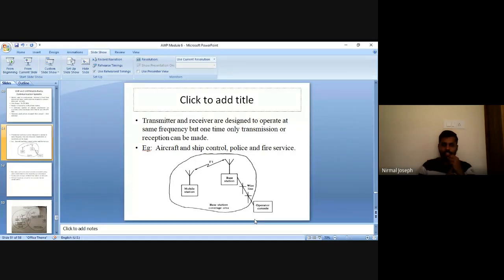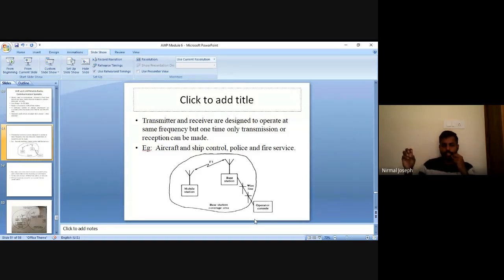So here you can see the diagrammatic representation of that. One base station will be there, and from the base station, using a particular frequency F1, mobile stations are controlled. Okay, one operator console will be there. That can be controlled from anywhere. From operator console to base station, wired lines are used. Okay, that means in the defense sector people are using leased telephone lines. They can use the telephone lines and transmit whatever information they want to pass. And from the base station only, this mobile communication is started.